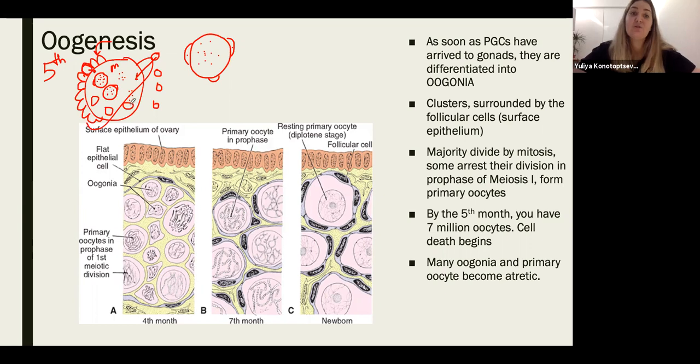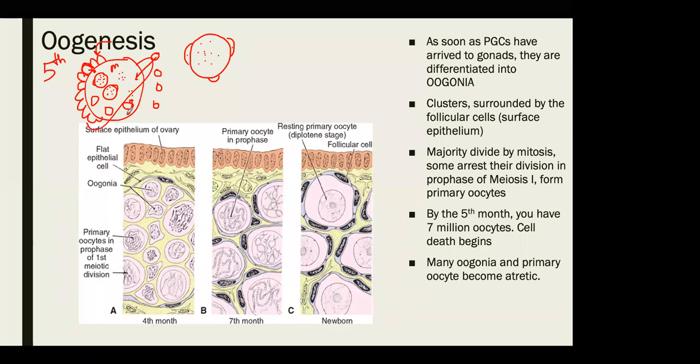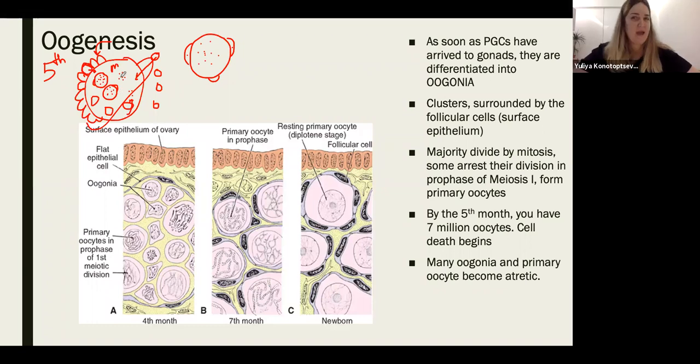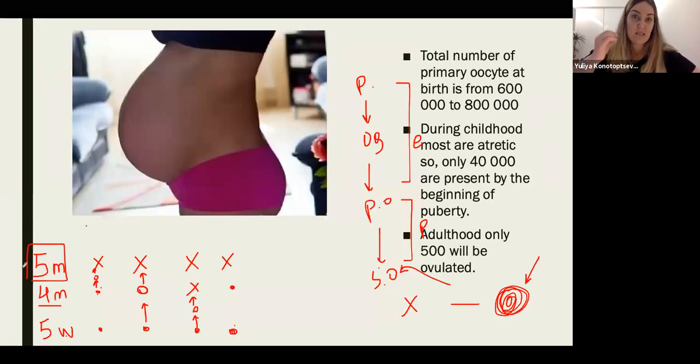In this cluster, I have 10 primary oocytes. How many will die? 9. Do you see what's happening? It doesn't matter the amount of primary oocytes you have in the cluster. Only one should remain. So apoptosis in the clusters begins at the 5th month and is done at the 7th month